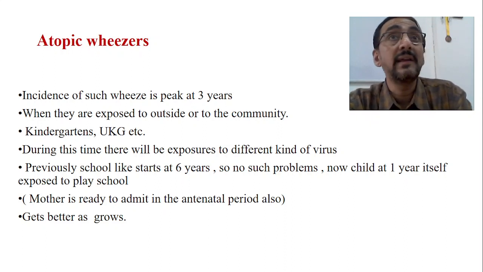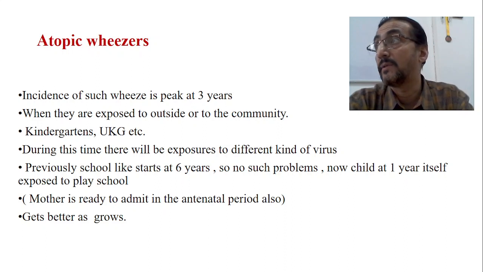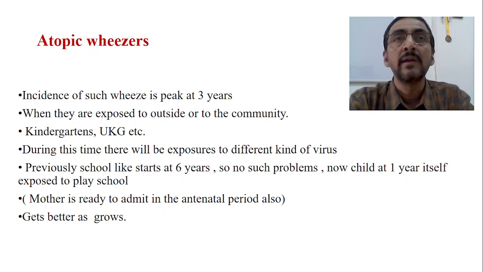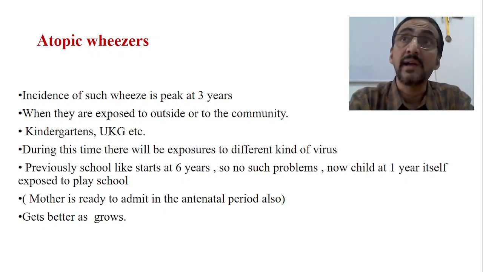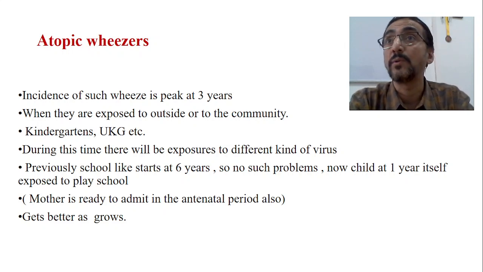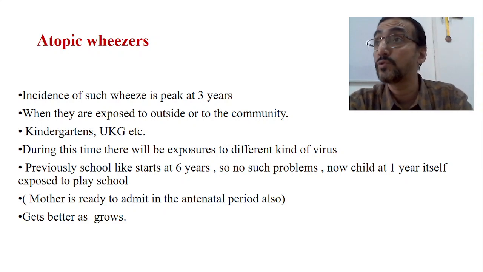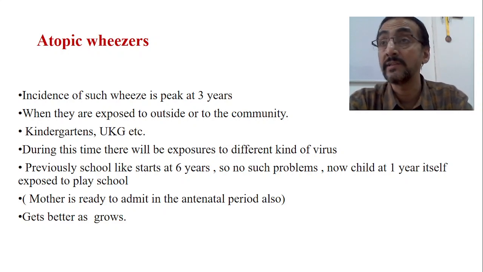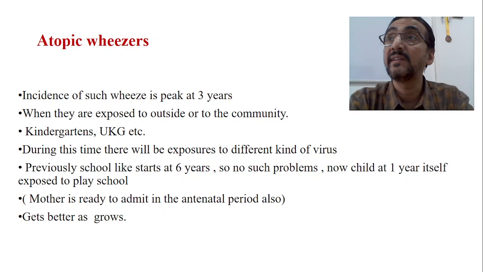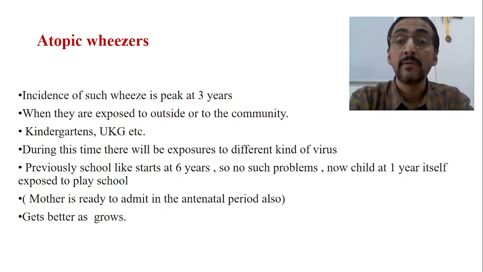Now, previously, about 40 years back, even 30 years back, the trend was that we used to admit the baby to school by 6 years of age. Now it is 5 years. Usually the child goes to first standard at 6 years of age. Now maybe it is 5 years. But in our time, 40 years back, there were no such problems, because the child was exposed to the external environment to a larger extent by 6 years of age, when the body immunity is